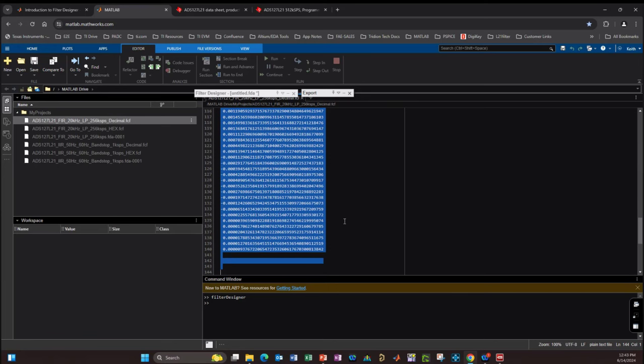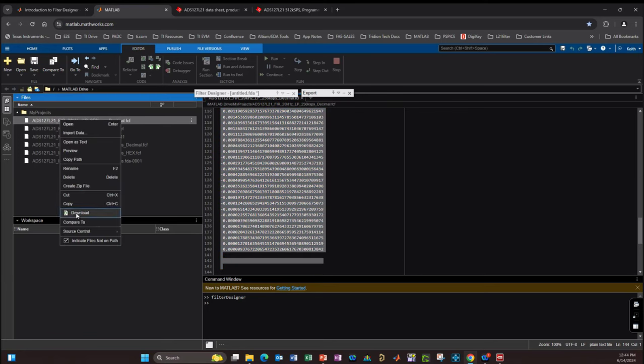So once this has been done, our file is now saved in a format that the L21 GUI software can read, but we need to save it to our workstation. This is still in the MATLAB cloud. It's a personal cloud space that MATLAB generates under your account name. So it's saved there. It's a simple matter. Just go over here and right click on the file and click on download, and then we'll download it to your download directory. And from there, you can open it from the EVM.